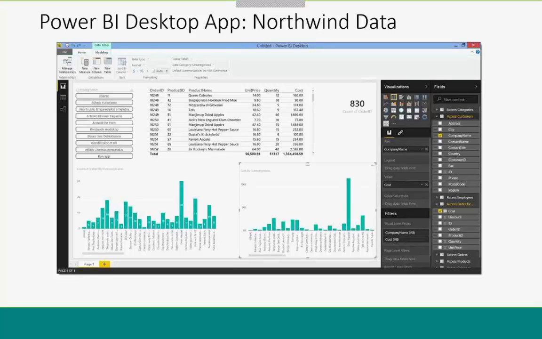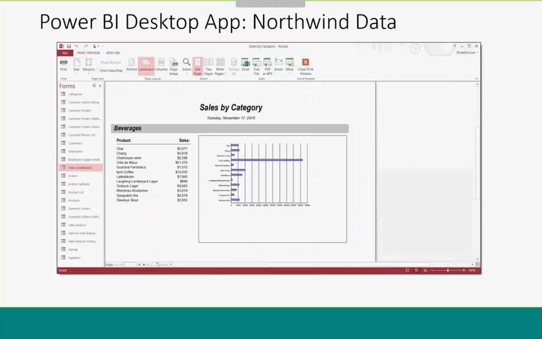And you can see on the right, I turned on the labels, so you can actually see the number of orders for a given customer. And all this data, just as a reminder, here's a type of report that you get out of the sample database, the Northwind database. And I see sales by category, and there I see chai,